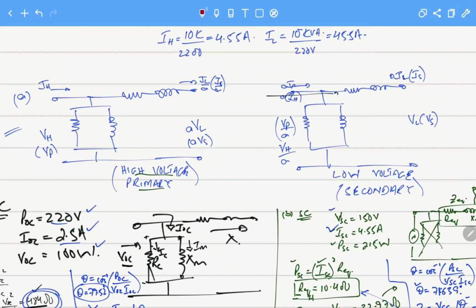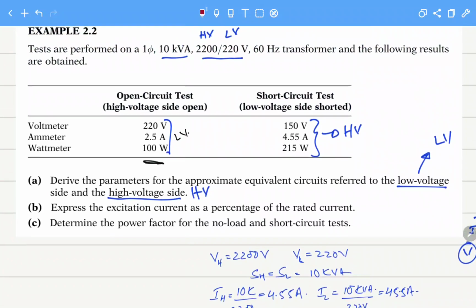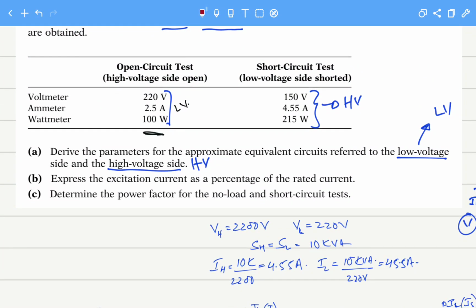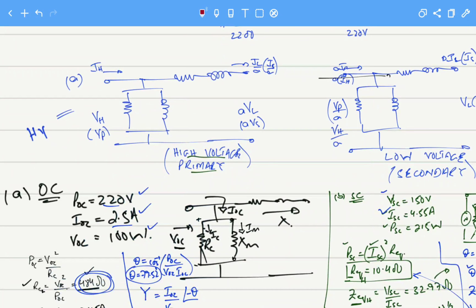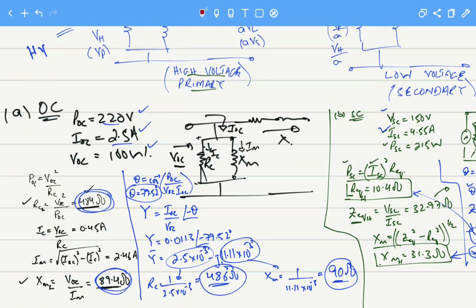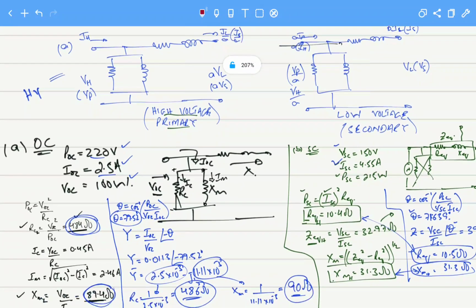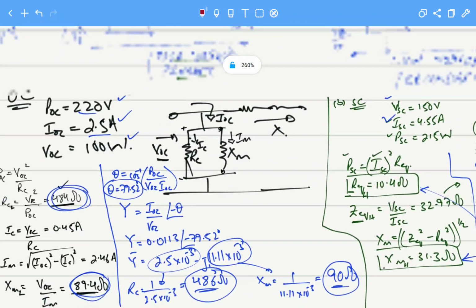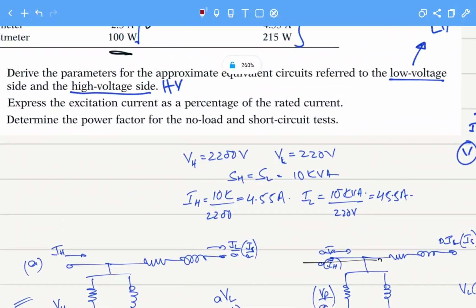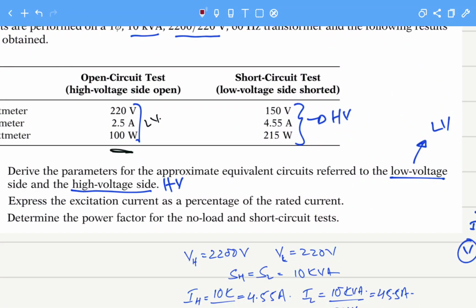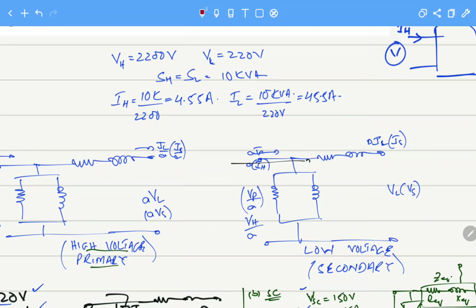So what was the question we have? We have to make the approximate equivalent circuits. So let's do it. Let's write the values for the approximate. We have calculated open circuit parameters. The open circuit test for the high voltage side was open, so it was reflected towards the